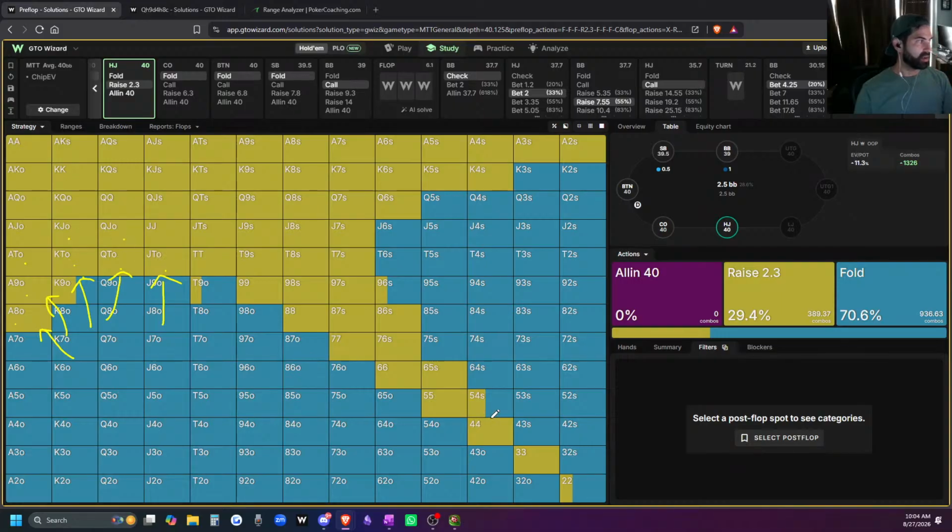Why are we counting the combos? Because we need to know what we're trying to get to fold. When we three bet from the big blind, we are trying to get hands like Jack Ten off to fold, Queen Ten off, Queen Jack off, King Ten off, Ace Nine off, Ace Eight off, Ace Ten off, King Jack off. And we haven't even discussed the suited side, but if we're getting all of these hands to fold, what is this? 8 times